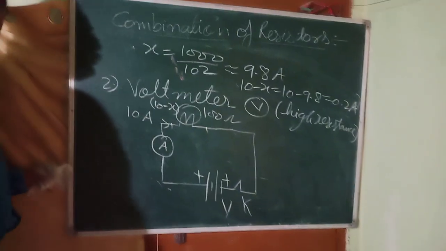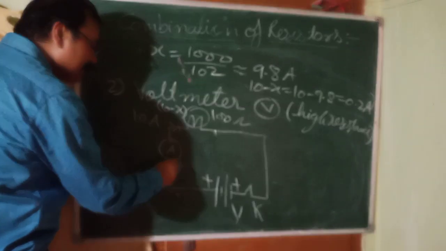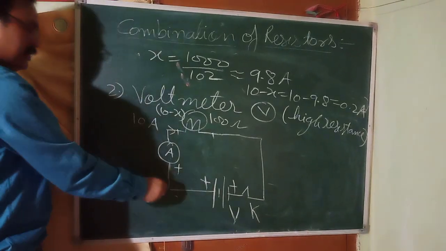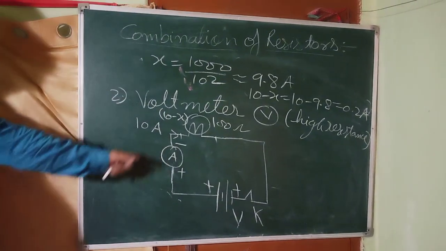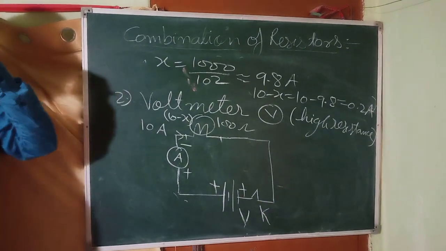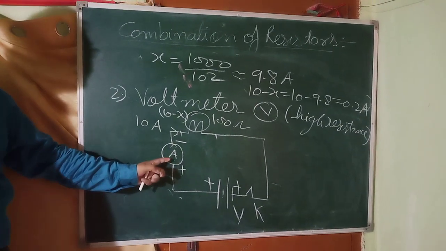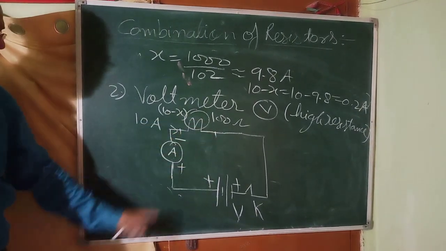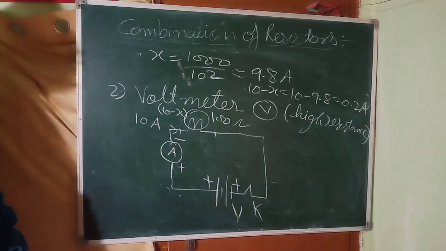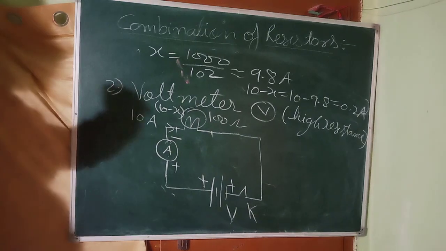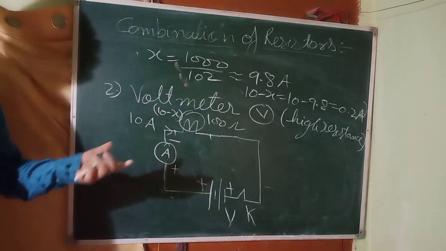And see, the ammeter has got polarity also. So the positive of the ammeter should be connected with the positive of the battery and the negative on the other side. In this way, we must connect this ammeter. It has got low resistance. So low resistance, if we connect it to 100 in series, it is not going to increase its value more. It will not affect the value of the total resistance of the circuit much.